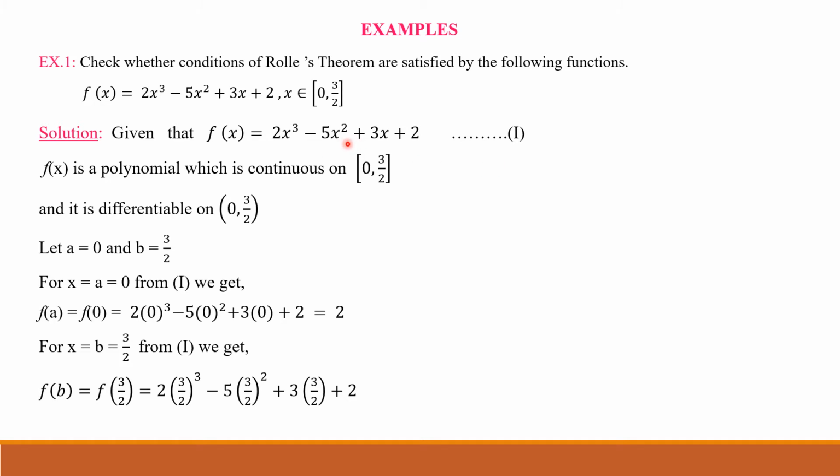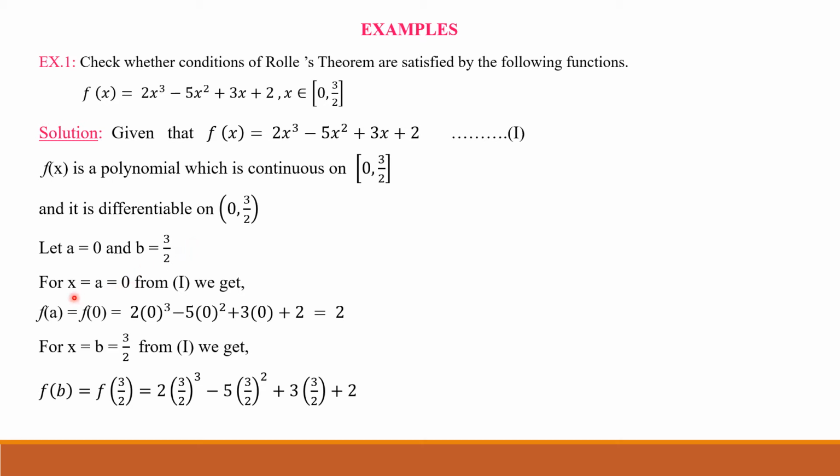Here is polynomial function. Therefore, f of x is polynomial which is continuous on closed interval. Polynomial function is continuous on closed interval. Also, it is differentiable on open interval. Polynomial function is continuous and differentiable everywhere. Therefore, in these intervals, they are continuous and differentiable. We take a equal to 0 and b equal to 3 by 2. Find its value